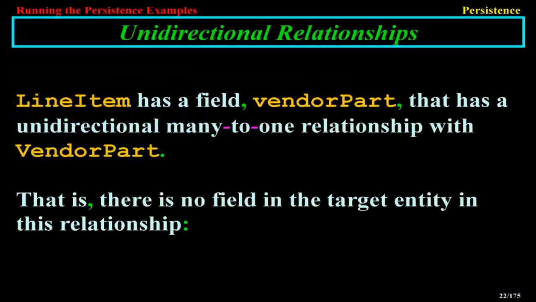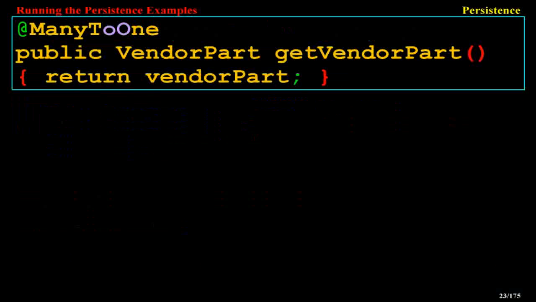Unidirectional relationships. LineItem has a field, vendorPart, that has a unidirectional many-to-one relationship with VendorPart. That is, there is no field in the target entity in this relationship. @ManyToOne public VendorPart getVendorPart() { return vendorPart; }